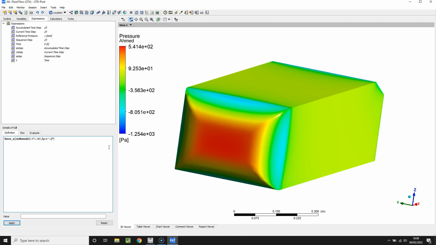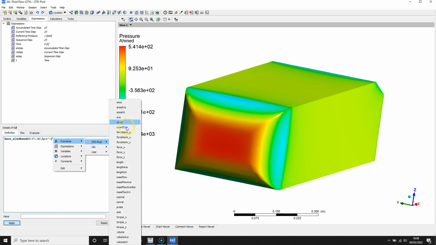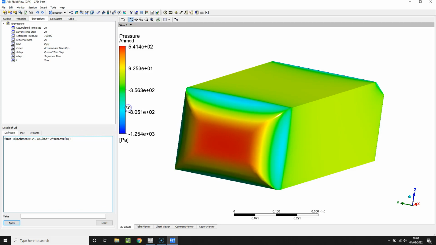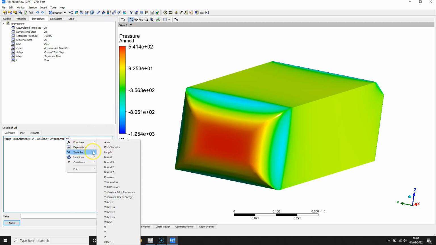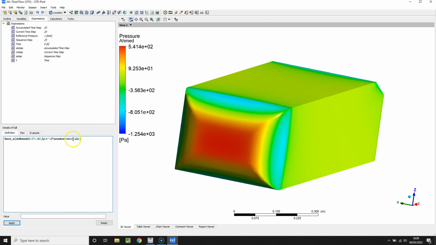So now we need velocity squared. So we can say area average, and just right click in those brackets there. Velocity U. So I've selected area average velocity U there, so it's the average velocity in the X direction, and